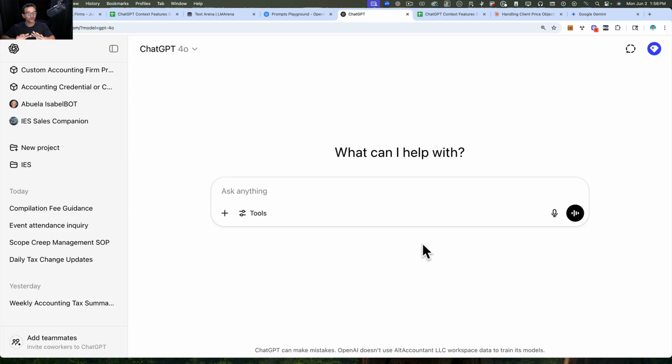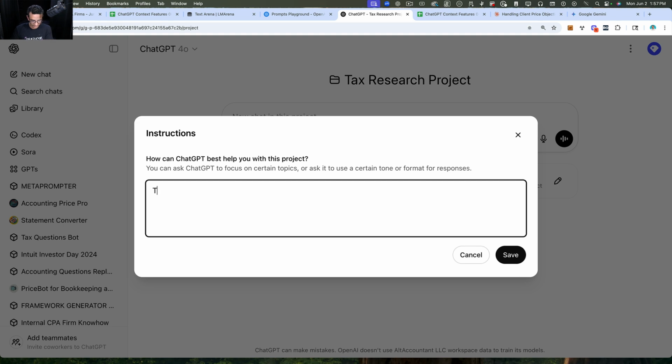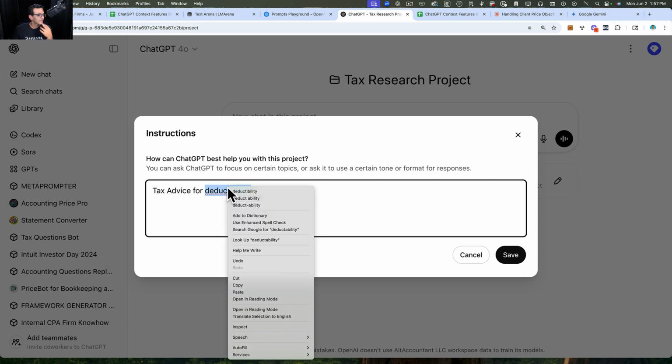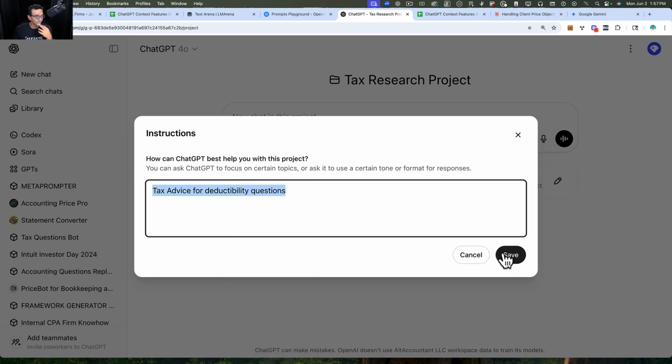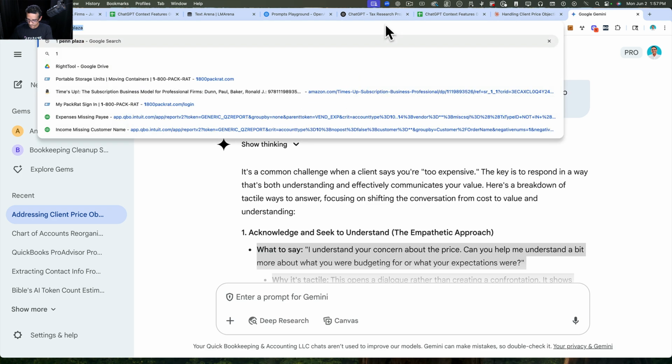And basically you've created your own little window of context. In here, we're going to put tax advice for deductibility questions or something like that, and give it instructions on what the purpose of this project is. Then under file uploads, you can upload any file. So let's say I want to upload